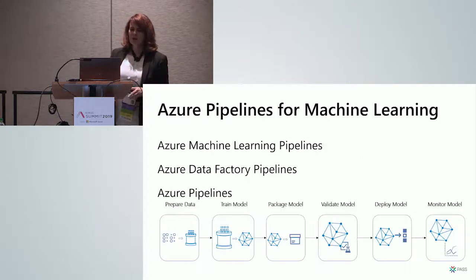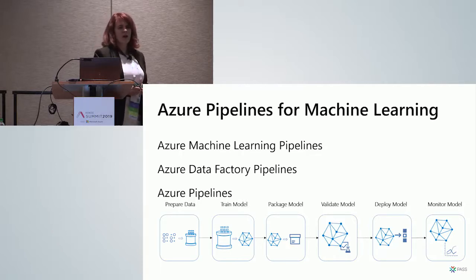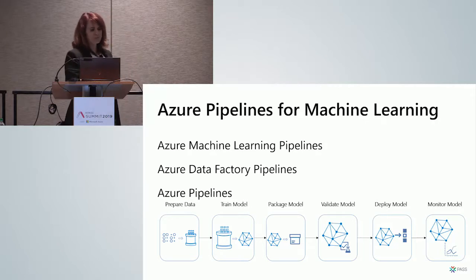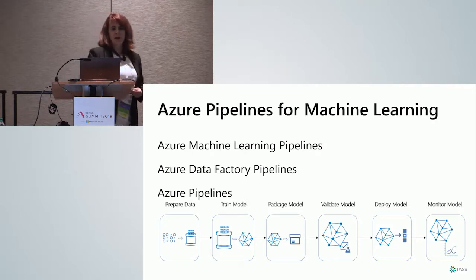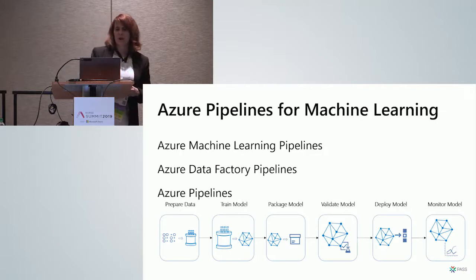So within Azure Machine Learning, they have what they call pipelines. And as you may know, if you do a lot with machine learning, you don't need to use Azure Machine Learning to kick off a pipeline. ADF does that just fine. And there is no reason that you actually need to do anything but use ADF if you've got a component that you use to do some machine learning analysis and you have that kicked off as part of your pipeline. But of course, there is an Azure Machine Learning pipeline as well. And then there are Azure pipelines. And the difference between the machine learning pipelines and the Azure pipelines is that the Azure pipelines are designed to be open source and to use Docker containers.